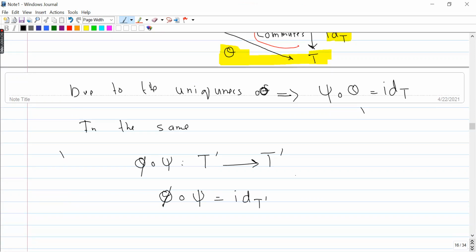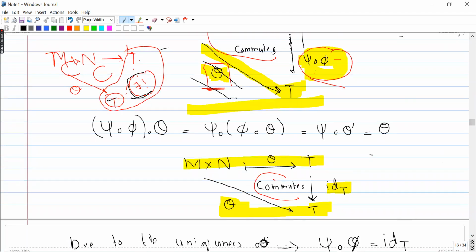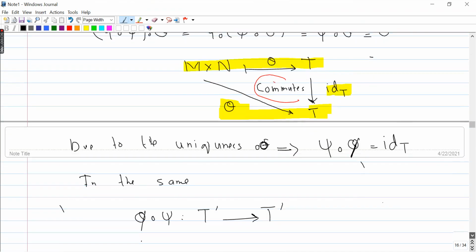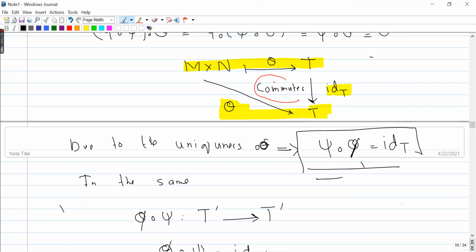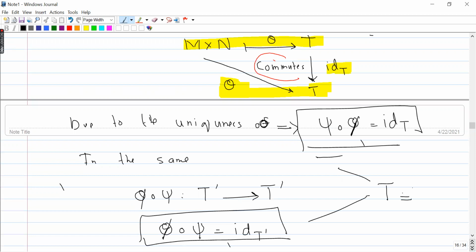So initially we showed that psi composition phi is equal to the identity of T, and also we can prove that phi composition psi is equal to the identity of T bar, and these two maps are linear maps. So from this condition and this condition, we can imply that T is isomorphic to T bar,